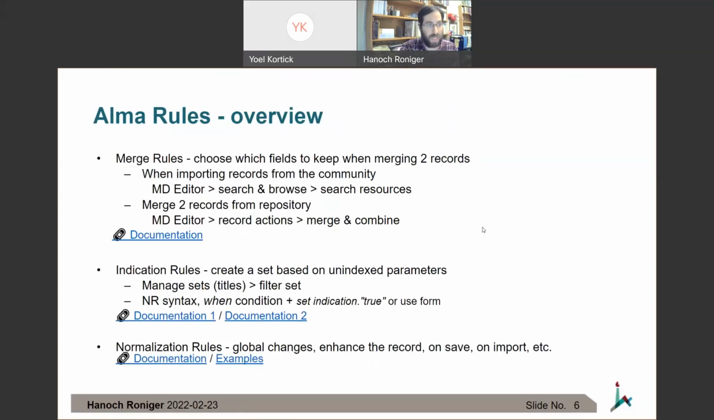So the first part that I was asked to do is to explain the differences between merge rules, indication rules, and normalization rules, and when we would want to use each of them. So merge rules, as per the namesake, is used when you merge two records, either from an external source and one record from your repository, or two records from the repository. The syntax is different than NR syntax, but there is documentation,